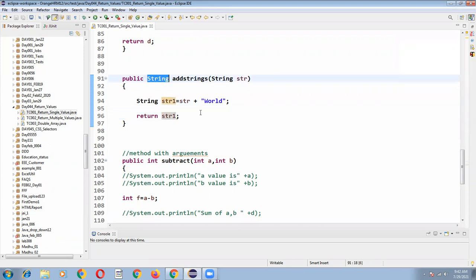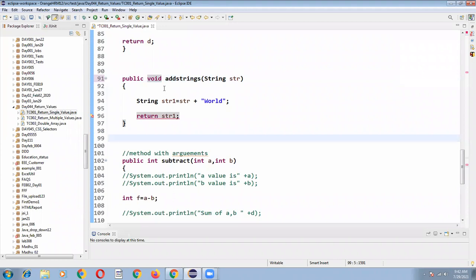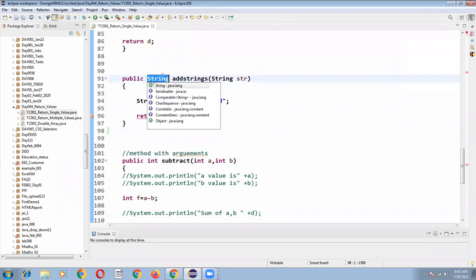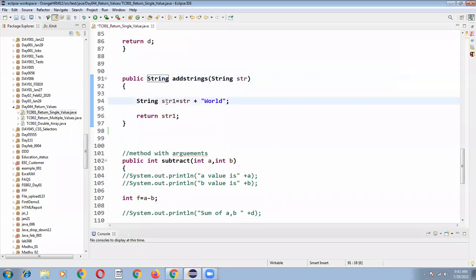Okay, so generally what we will write is public void. What does that mean? If you are not returning any value from the method, then we will write void method. But if you want to return some value from a method, you need to write a return statement, and whatever value that you want in your main program, you have to write like this. And the system is showing some error. Just keep the mouse over here: change method return type to string. So it was changed to string because the str1 value is a string. So instead of void, we are supposed to write string.